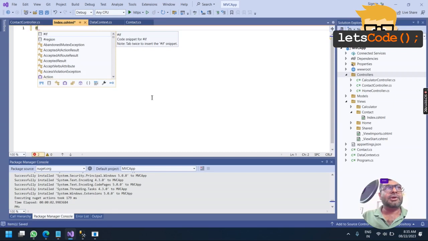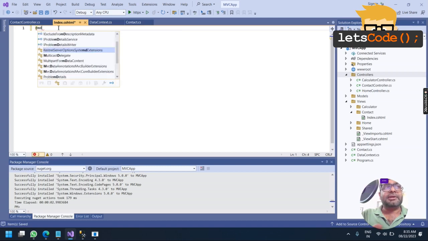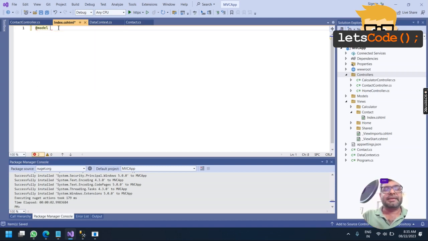First of all, the model concept you already have, and I'll be giving the link to our earlier video where we talked about the model. So the very first thing, I'll use one directive to define the model, then list of contact, because in this particular view my intention is to show the list of contacts.